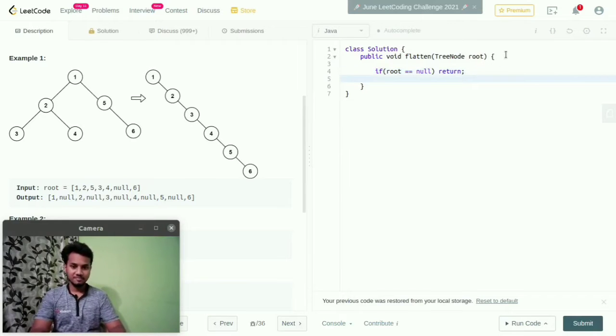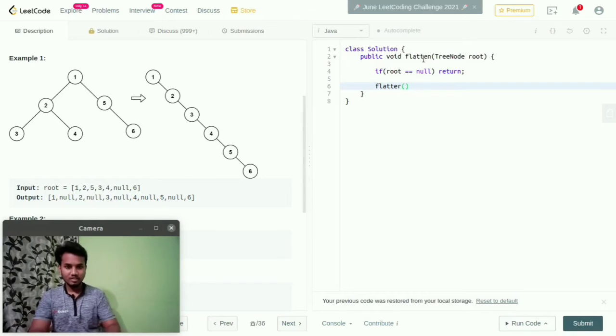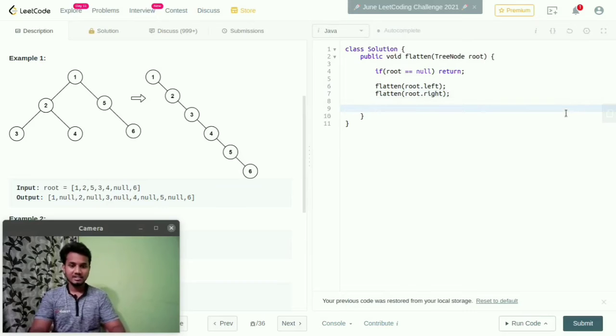And we need to call the method flatten, and here I am passing root dot left, and flatten, in this I am passing root dot right. And here I will create a tree node right equal to root dot right.